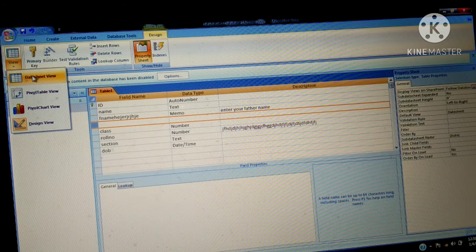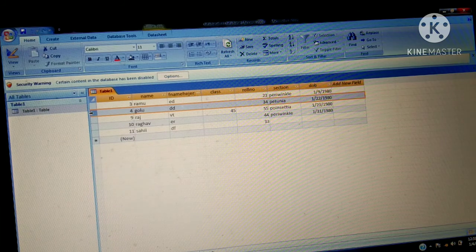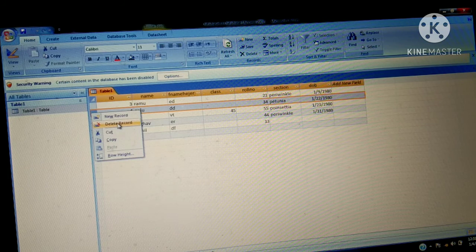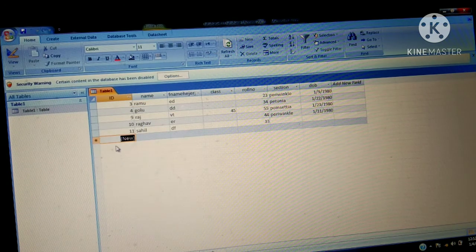first you will open the table in datasheet view. If you want to insert or delete any record, first you have to select the record you want to delete. Then either right click, where here is the option Delete Record and here is the option New Record. When you click on Delete Record, your record will be deleted. When you click on New Record, a new record will be inserted, but in a database a new record is always inserted at the last.